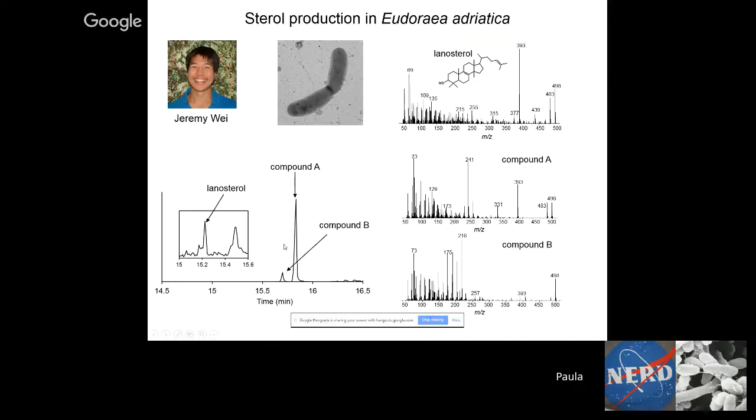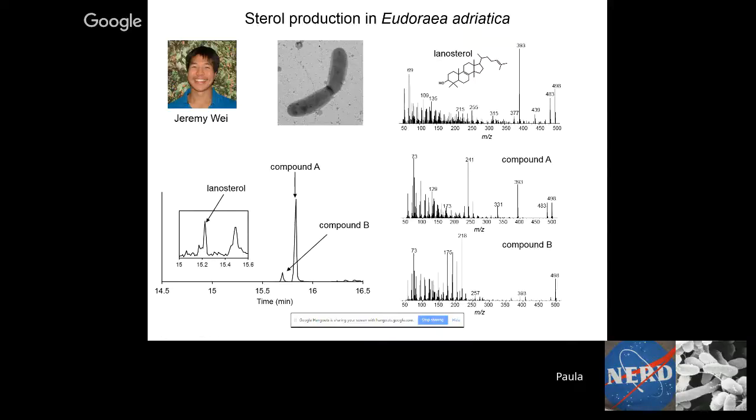But it was being swamped out by these two other compounds, and you can see the spectra for these. This end looks very similar to lanosterol, but the rest of it was not similar at all. So Jeremy brought these to me. He said, I don't know what these things are. At the time, my postdoc advisor, Roger Summons, was doing a sabbatical with us. Roger's a geochemist, and he's a walking spectral library. You can show him a spectra, and he will tell you what it is. We showed him this, and he was stumped. So that was exciting and confusing and, you know, annoying because we didn't know what we were going to do.